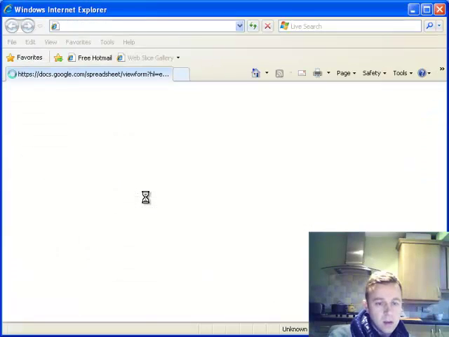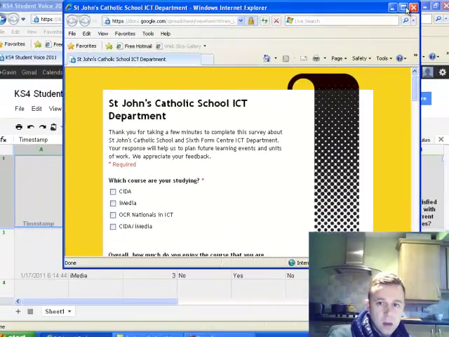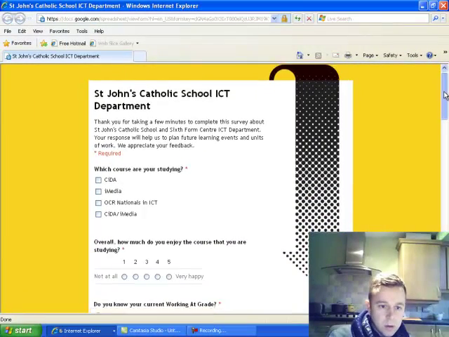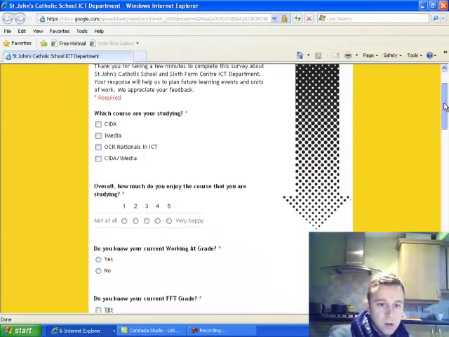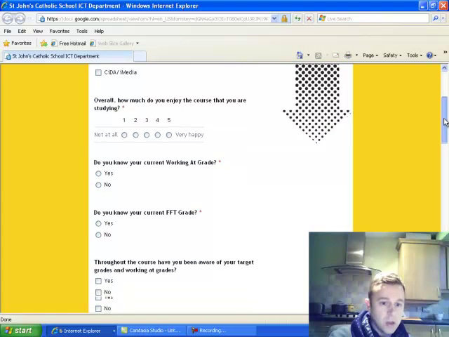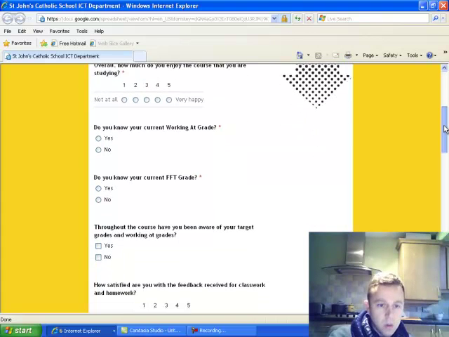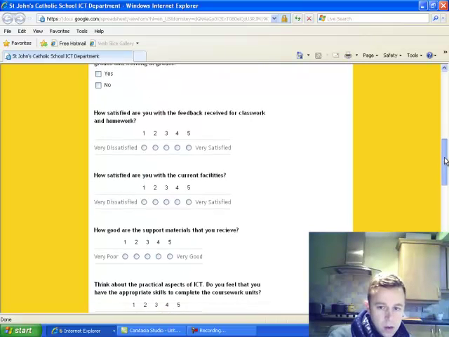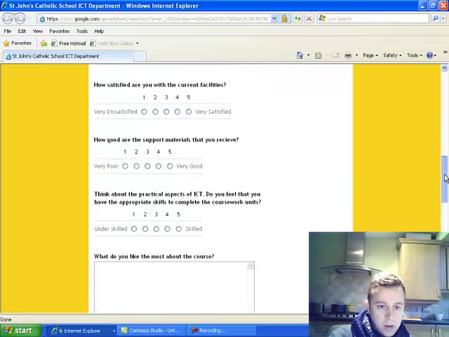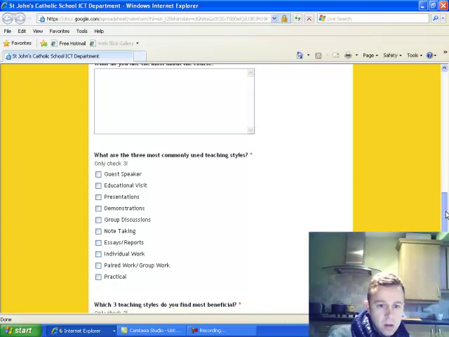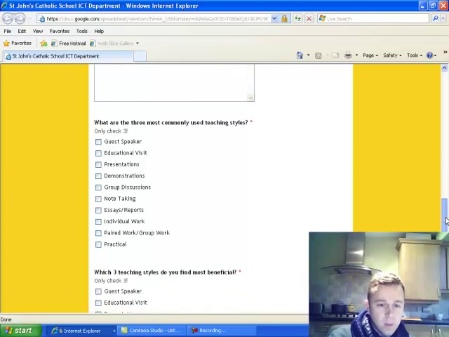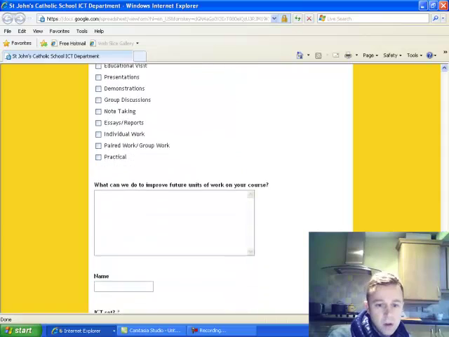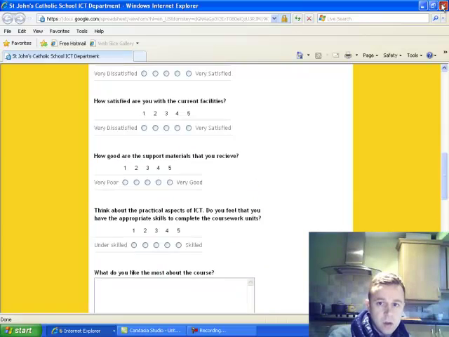You can see that I changed the template that I was using. Got some multiple choice questions, some scale questions, important questions like do they know their working at grade, their FFT grade, and so on. And also other questions which are related to what they enjoy in the teaching styles that they receive and what they would like to see more of. So again, once you've got the results gathered in,